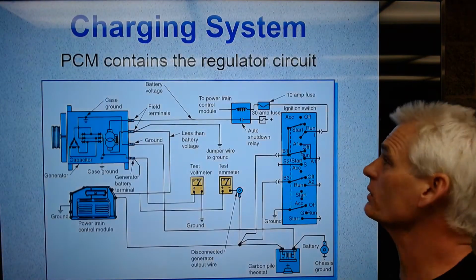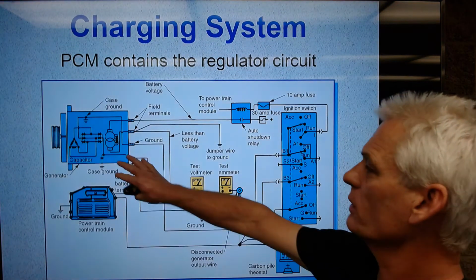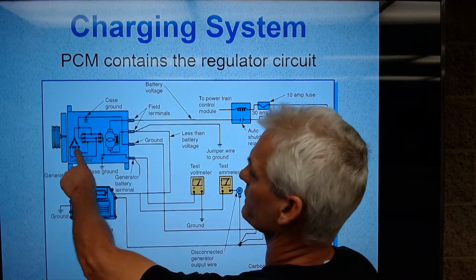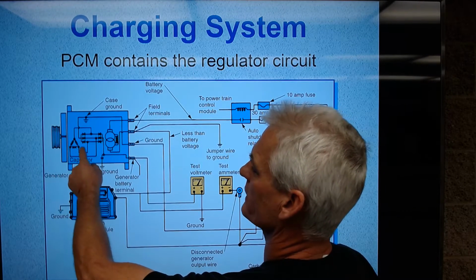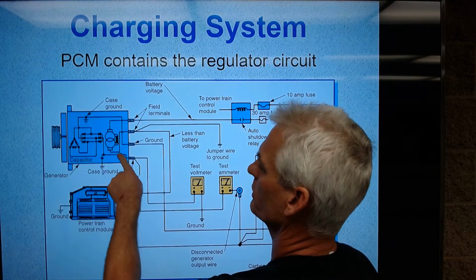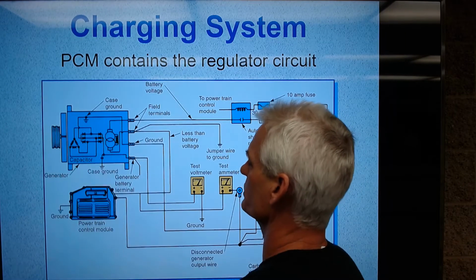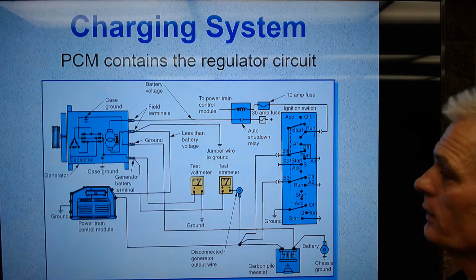So this is a picture of a computerized charging system. So here's your alternator. Now look at just this for just a moment. Okay, there's the serpentine belt drive there at the front. But hey, we got a delta wound stator in a triangle. We got three pairs of diodes, so 6 diodes. It's a ground symbol. What do you think this is? Well, that's the rotor coil, and there's the brush and the brush on the slip rings. Notice that this is not proportional because those slip rings are way smaller than the coil. All right,